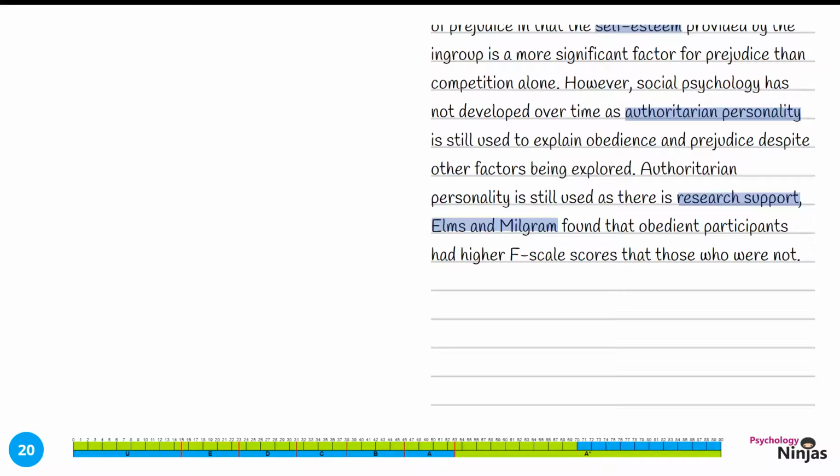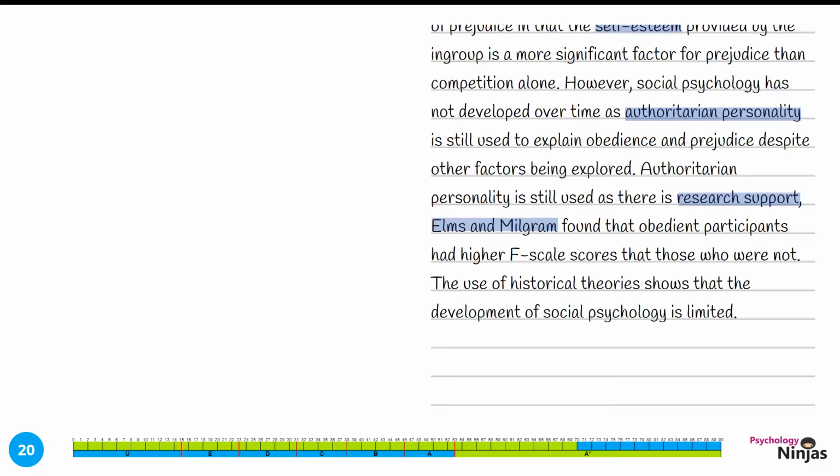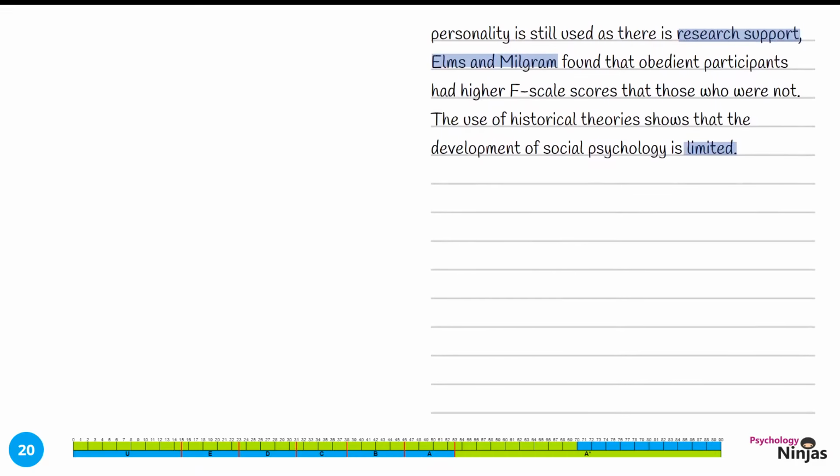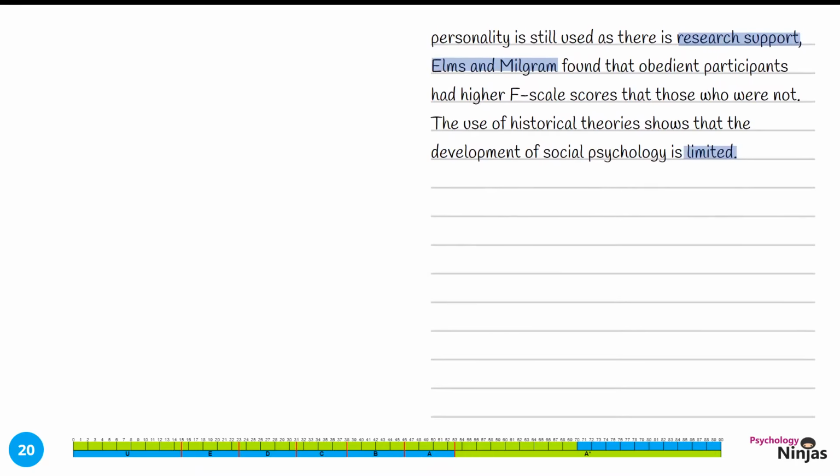It's then important that we give a judgment and an assessment because of our command word assess. The use of historical theories shows that the development of social psychology is limited. We've been definitive in our judgment here, showing there's a limitation on how social psychology specifically has developed. We're then going to return once again to our explanation of another factor in which, or way in which, psychology